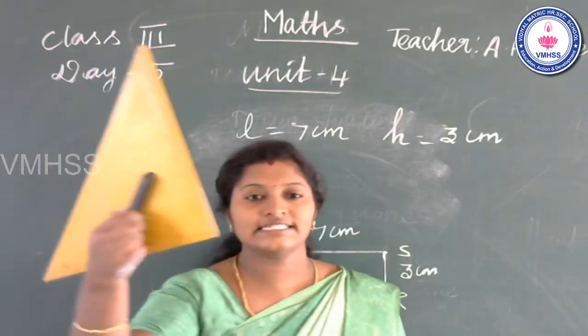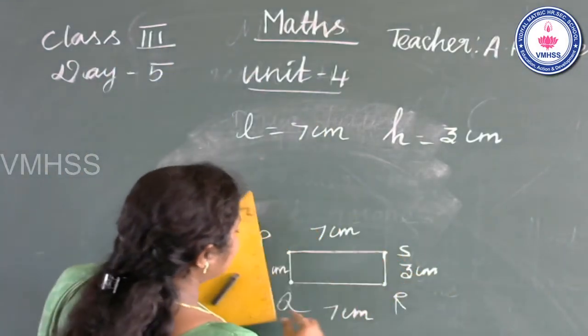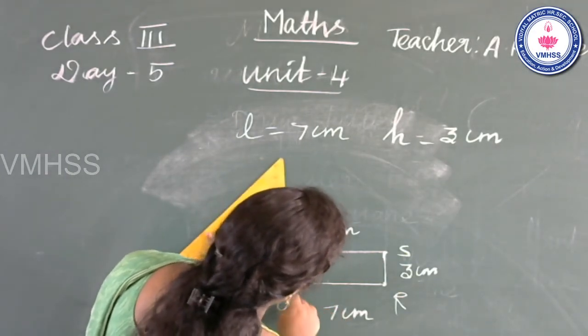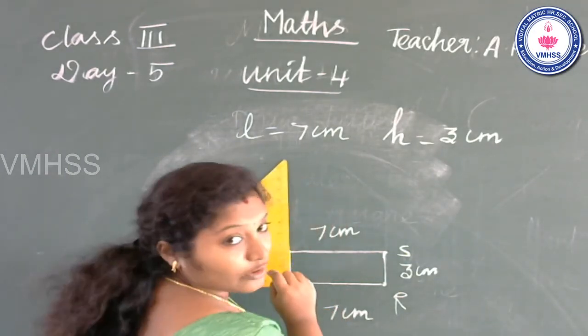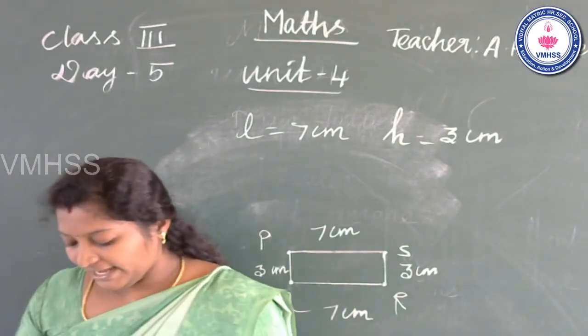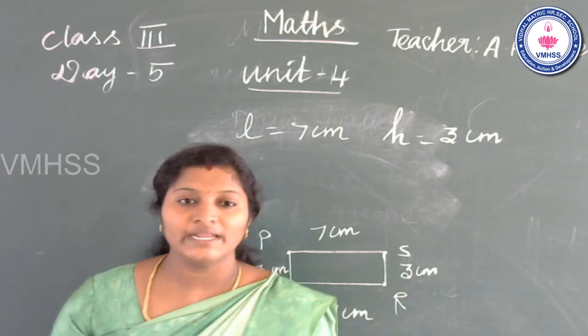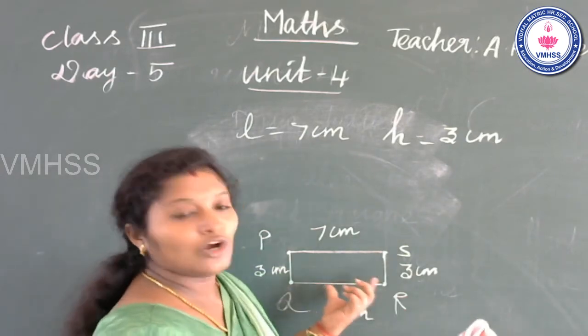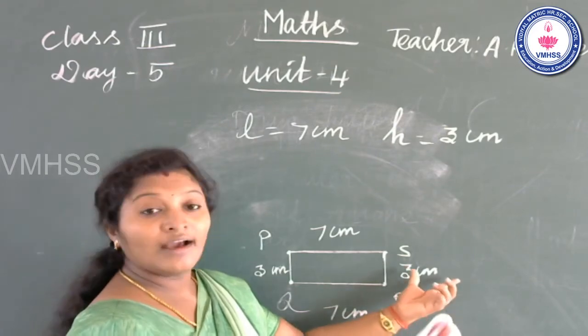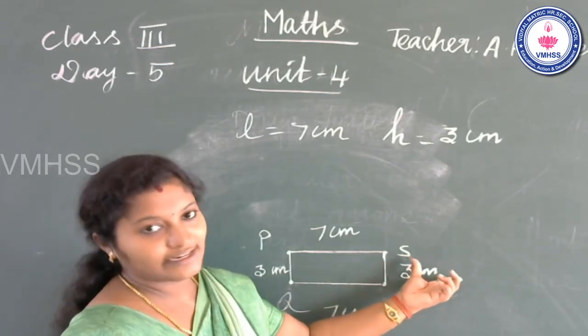So this is a set square. Okay, so this is point out in 3 centimeters. Start from 0, 1, 2, 3. Okay ma, so this is 3 centimeter. So, a vertical segment of 3 centimeter on point P. Okay, place the set square on the point R and draw another vertical line of 3 centimeter.